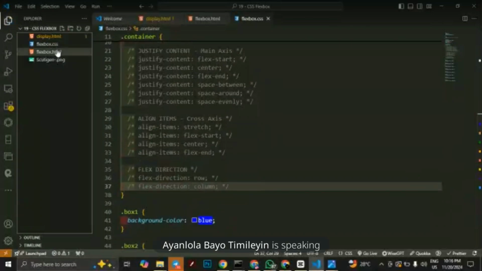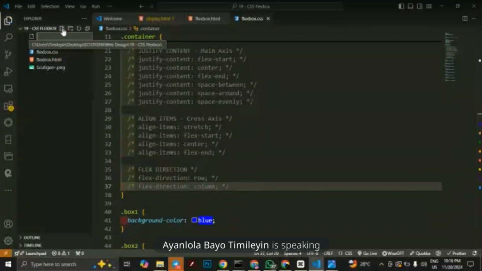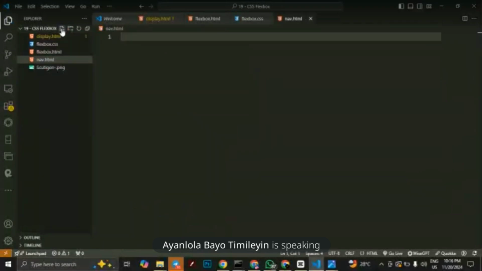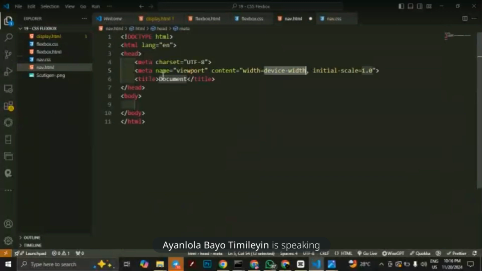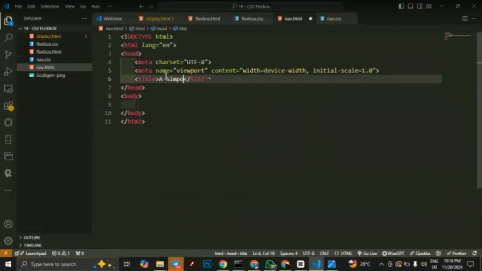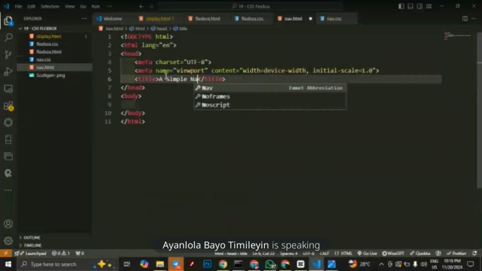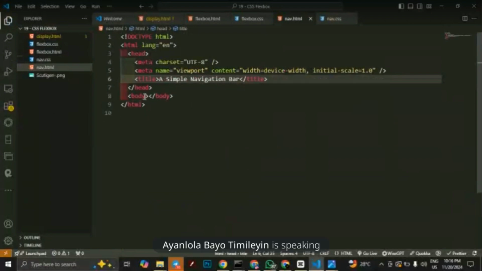I would like to create a navigation bar. I'd like to create a simple navigation bar. So I will name this nav.html, maybe nav.css. Nav.css. What I'm going to do is I will say simple navigation bar, and